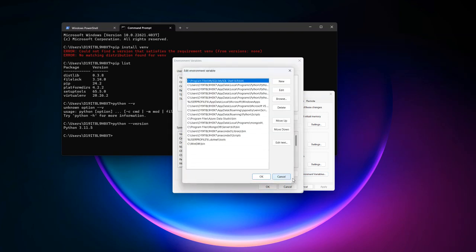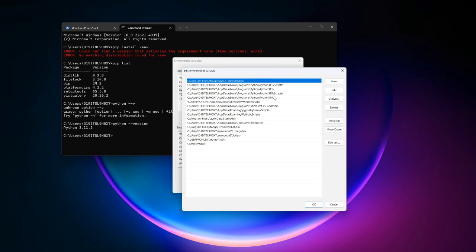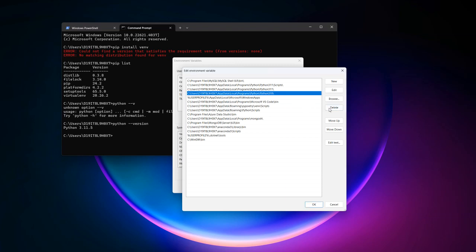Then add path, check if Python is already installed. I installed my Python in my user directory, AppData, Local, Programs, Python, Python 3.11, then Scripts. I think you also have to add that to path as well. This is old, so I'm going to delete this. So you add